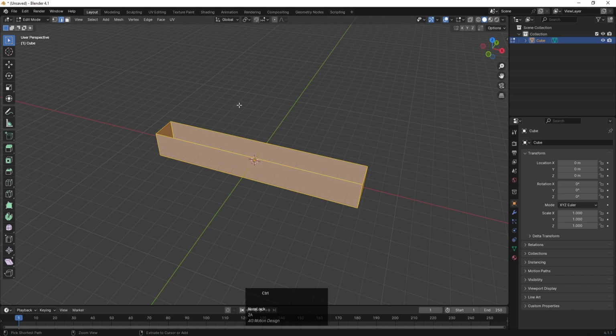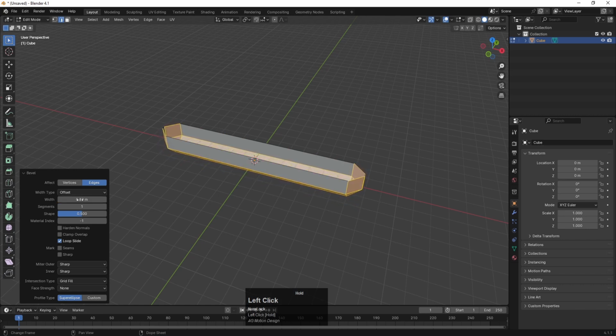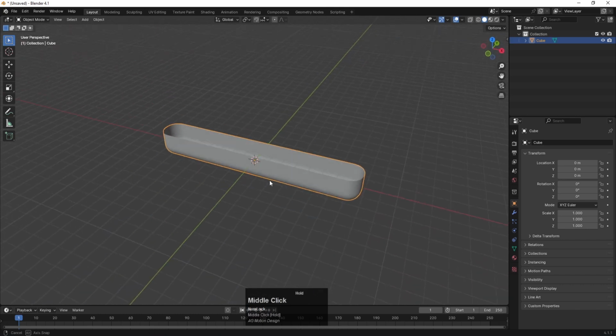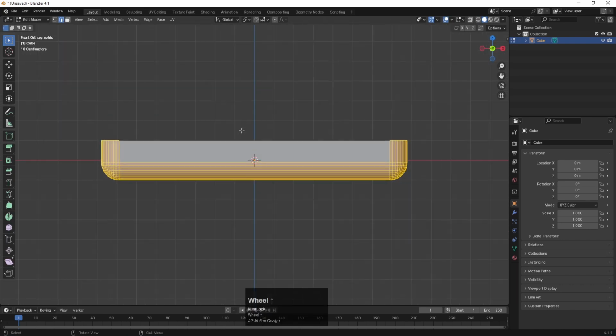Then I'm going to press Ctrl B, which is the shortcut key for bevel, and simply click over here. Then go to the bevel options and increase this bevel width somewhere around like this, and let's increase the segments to 10 like that and press Tab. Okay, so we are going to get something like this. Then press Tab again, press 1 to go to the front view, hold Alt Z so we can see transparency,